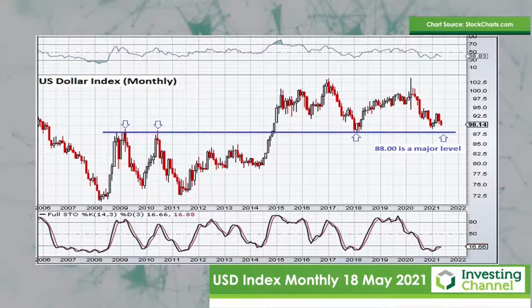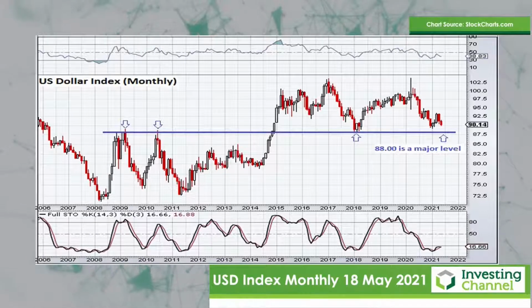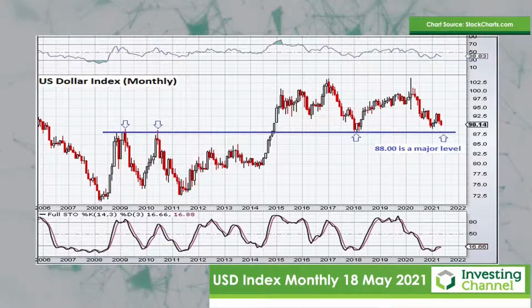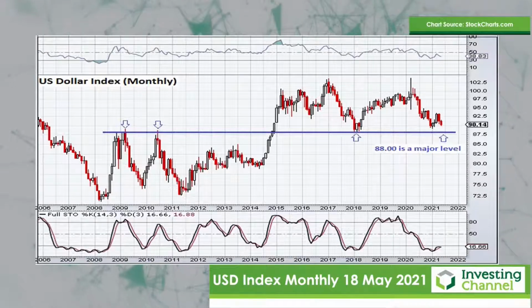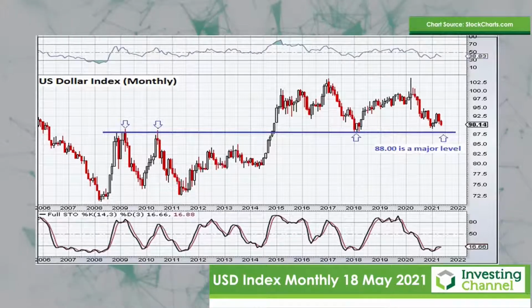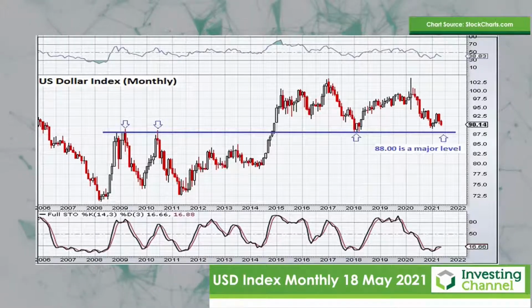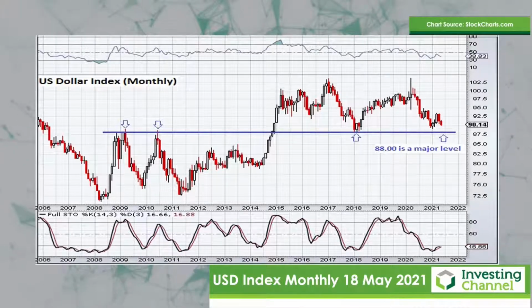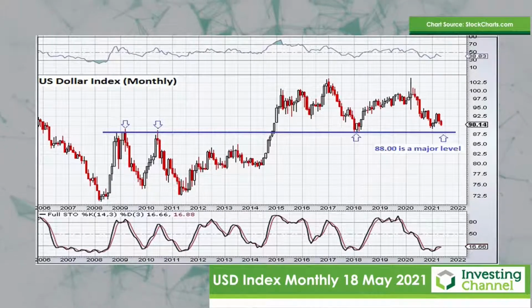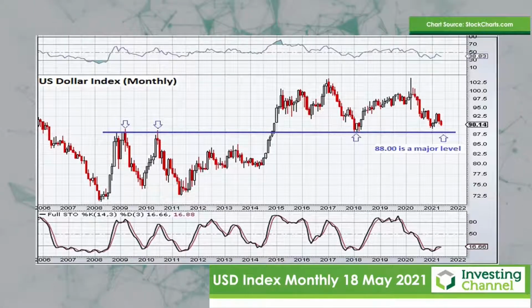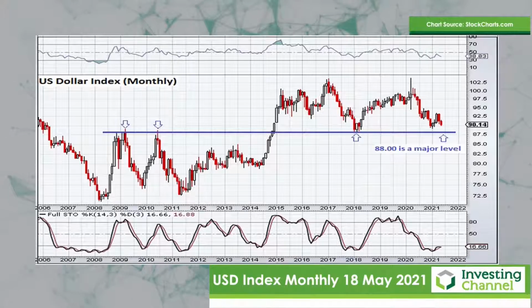The dollar strengthened after that, but now the dollar's been weakening since the rise of COVID-19 in March last year. And it looks as if the US dollar still is continuing to weaken. And that 88 level is a major technical level that's likely to come into play in the not too distant future. So that points to a little bit further US dollar weakness ahead. And at that point, it'll really be critical to see whether the dollar holds that support level or whether it actually breaks weaker from that point onwards. But in the immediate future, it looks like a little bit more dollar weakness ahead.